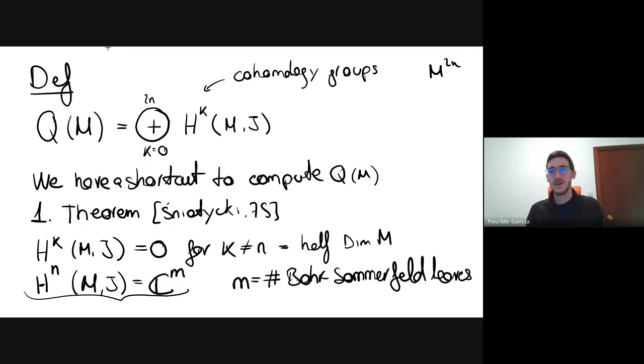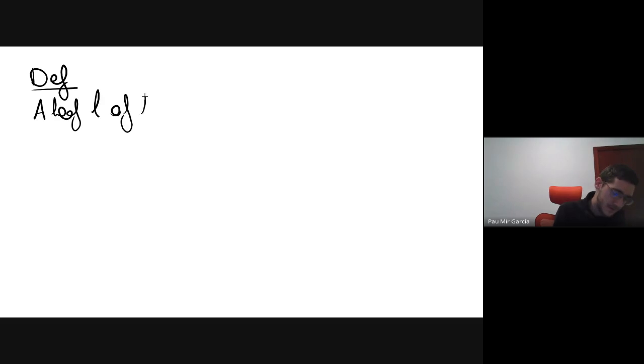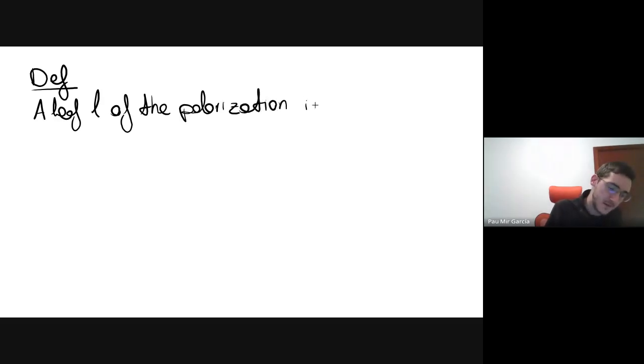Sniatycki's theorem is for real polarizations, and you have to count now the number of Bohr-Sommerfeld leaves, which will give you the dimension of the quantization space, basically. So Bohr-Sommerfeld leaves are the important leaves here. Let me change slide. Bohr-Sommerfeld leaves are the following leaves in the polarization. A leaf of the polarization or of the fibration is Bohr-Sommerfeld